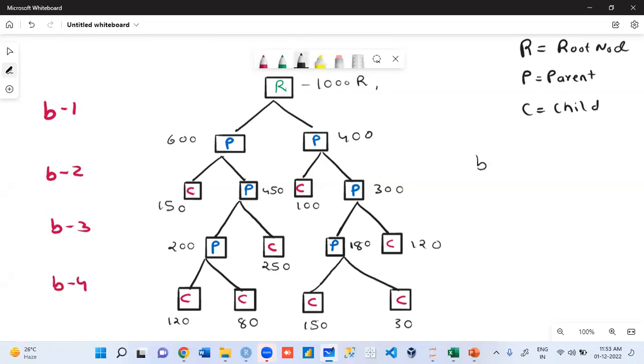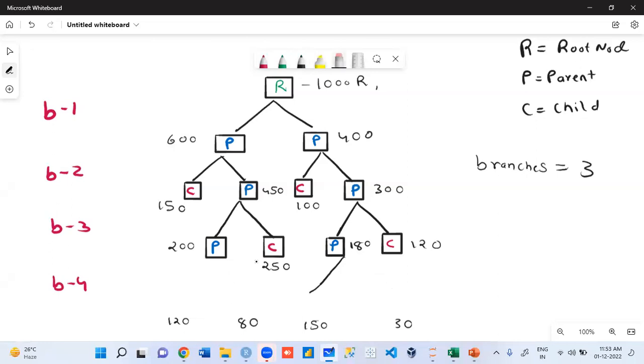I specify I need 3 branches. So the process will stop. You have to stop with that. So now is this a parent node or will this remain as a child node? Child node. Is this clear?